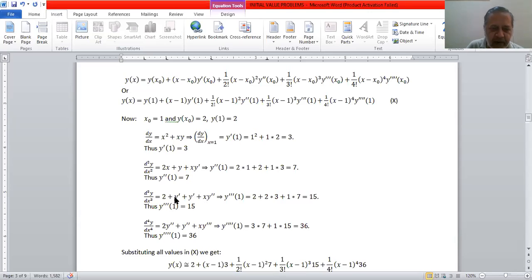Now we have y prime available at 1. We have available x is equal to 1 and y double prime at 1 is equal to 7. ये सारी values put की तो third derivative की value निकल के आई 15. Once the third derivative is obtained, third derivative का अगला derivative यानी fourth derivative लिया तो that comes out to be